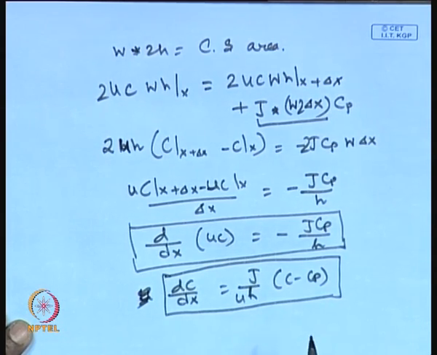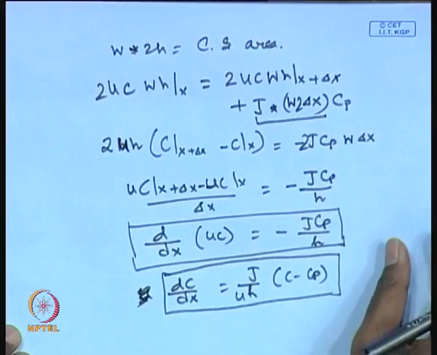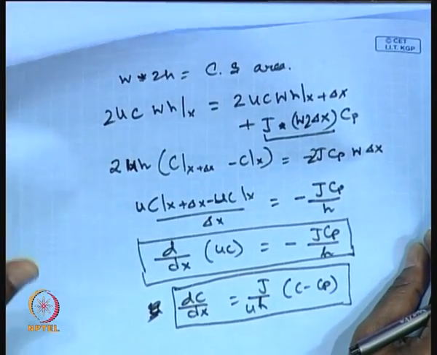Now, you got an ordinary differential equation of delta P, of U, and of C. So, from the Navier-Stokes equation and combination of the overall material balance, you got the ODE or the governing equation of delta P. From the overall material balance over the differential element, you will be getting the governing equation of U, and from the solute balance equation over the differential element, and combining with the expression of U, you will be getting the governing equation of C. Now, what is left is how J is related to Cm and how Cm is related to Cp, that interface.